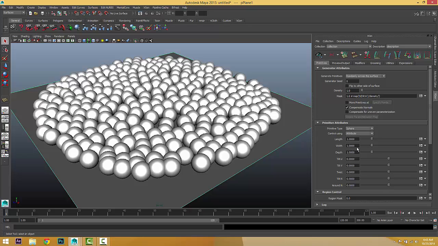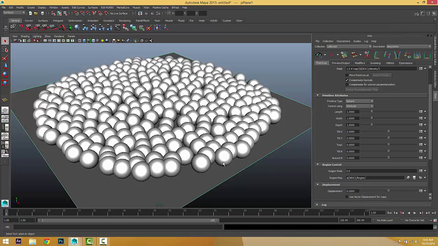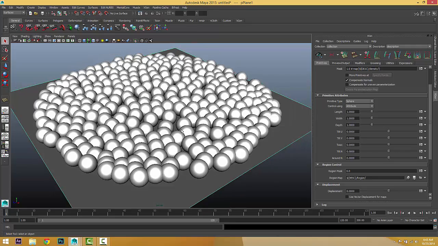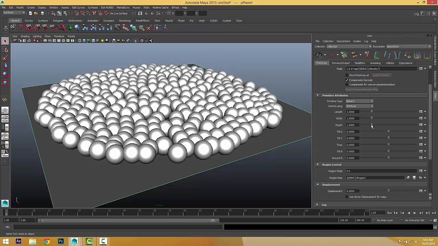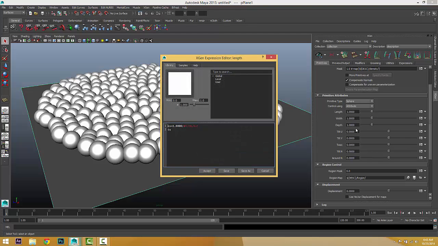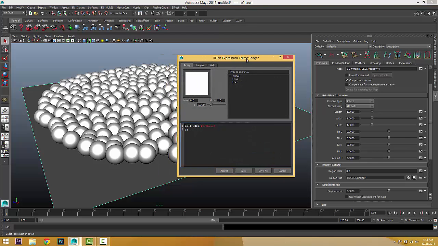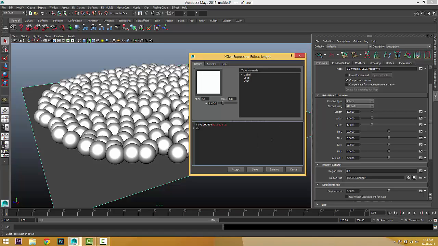All right, if you look at the primitive panel, for example, in the primitive attributes, we've got a bunch of attributes for these instances or for these primitives. For example, length, width, or depth, or any of these, you can change through a slider. Also, we can change it through expressions. If you click on this icon, the XGen expression editor for the length will appear,